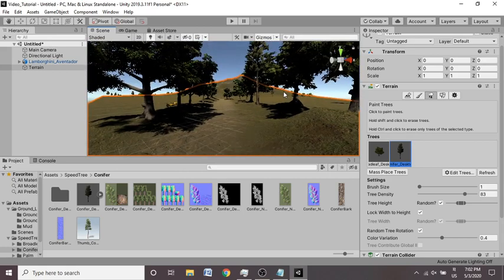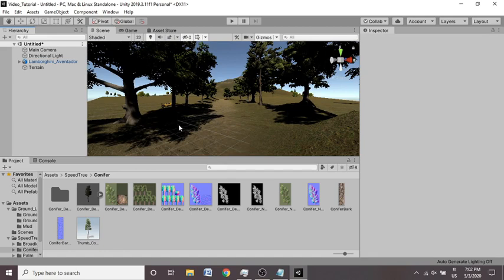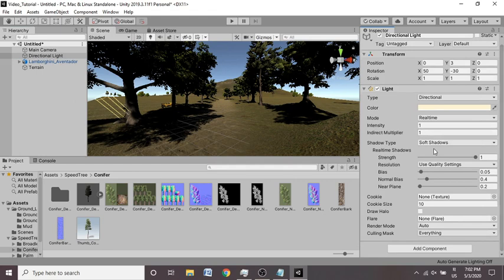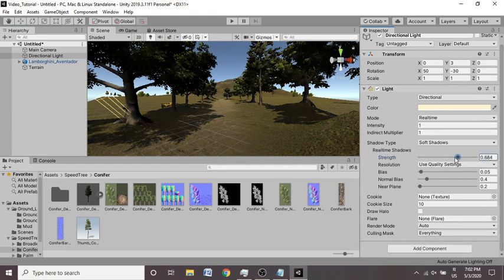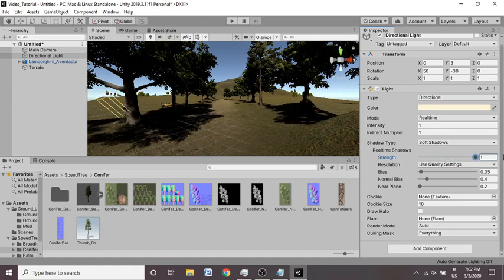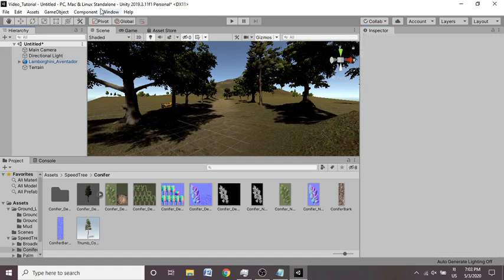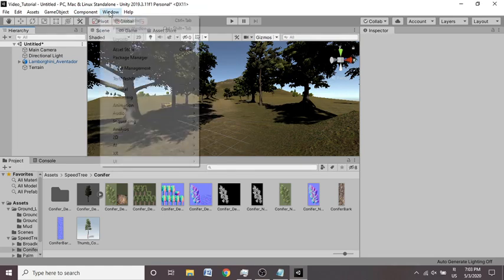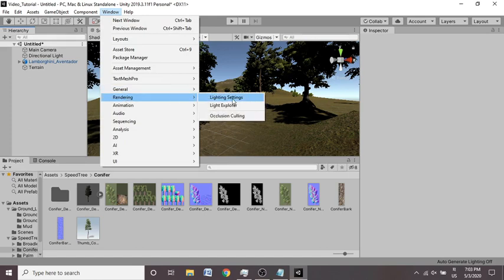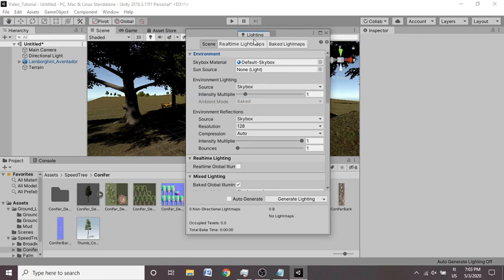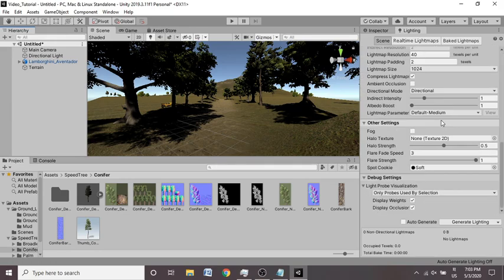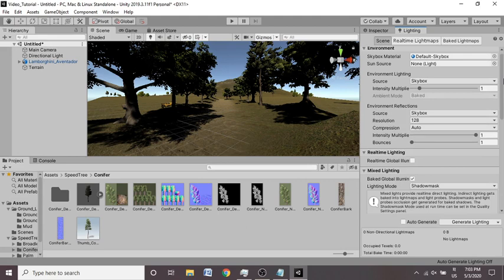So I think this is looking completely fine, but we are getting this too dark shadow effect. You can get rid of this effect in two ways. You can just decrease the strength of the shadow like here, or another way, which is the standard way used in game development, though not standard for now, is going inside the Window menu where we have an option called Rendering, and inside Rendering we have an option called Lighting Settings. So just drag this window and you can drop it wherever you want, depending upon you. We have a lot of options here.